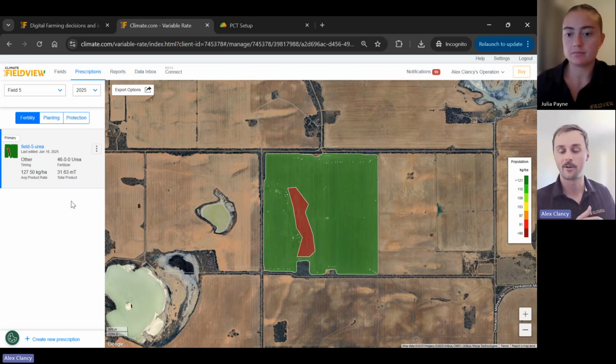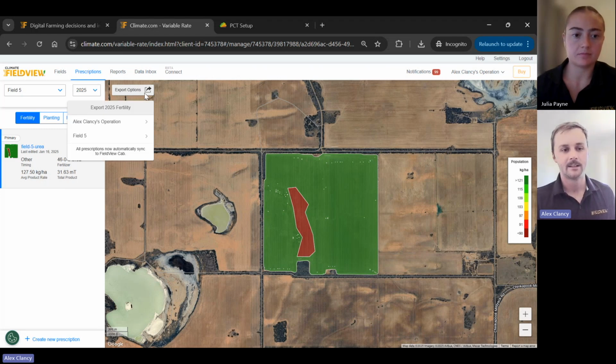So I'll just go through, keep the zones where they are, and change it. If I'm doing wheat, it might be something like 60 kilos or 80 kilos of wheat in different zones. And so I'll have 2 there. And then all I'm going to do is hit that export